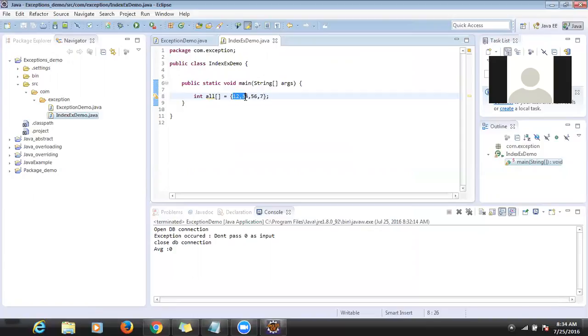4, right? So whenever we are storing these elements in memory, what will the JVM allocate? It will give an index for every element, which is a number. The first element's index is 0, the second element's index is 1, the third is 2, and the fourth is 3. So this is the indexing provided by the JVM, and by using that index you can retrieve the elements. This is one simple array, and I want to write a method